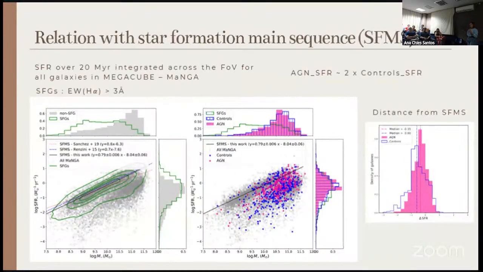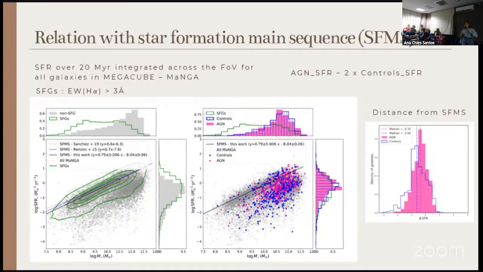And we compare the star formation rate in AGN and control. We also compare to the star formation main sequence. To get the star formation main sequence, you take 10,000 galaxies from MaNGA and plot this graphic here, where the gray contours are the star-forming galaxies. So you can find here your star formation main sequence in black. It is in agreement with other authors in the literature. And when you put your AGN and control galaxies in the same plot, we can see here